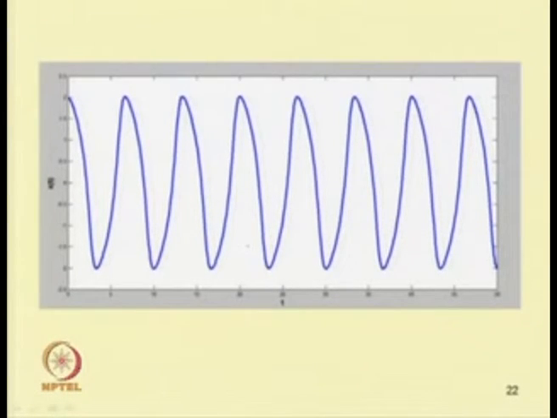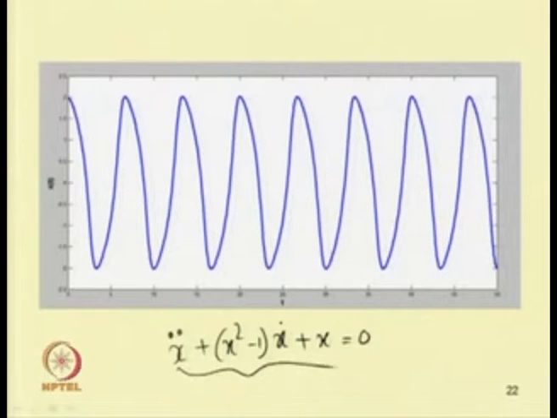van der Pol equation. So, this time response is for the van der Pol equation, where the equation is written in this form: x double dot plus x square minus 1 into x dot plus x equal to 0. One can observe that this term, which is the coefficient of x dot, is similar to damping. So, this will be negative